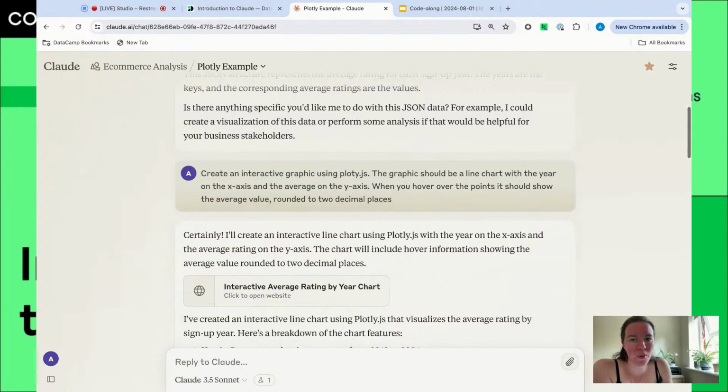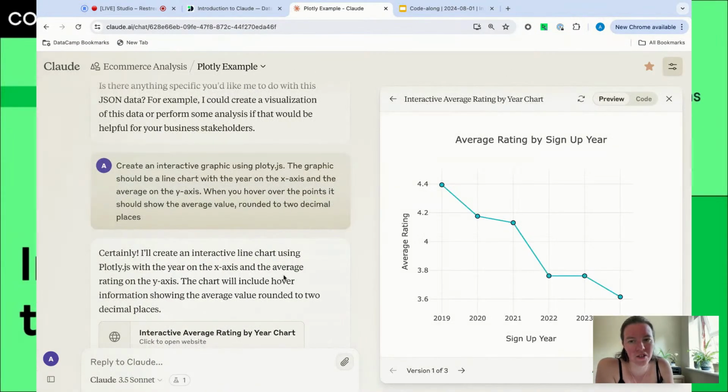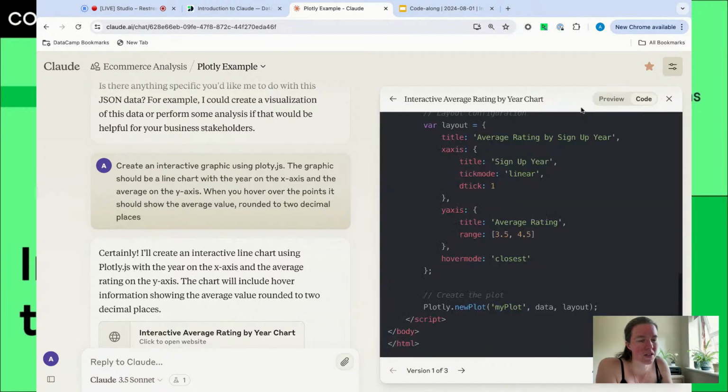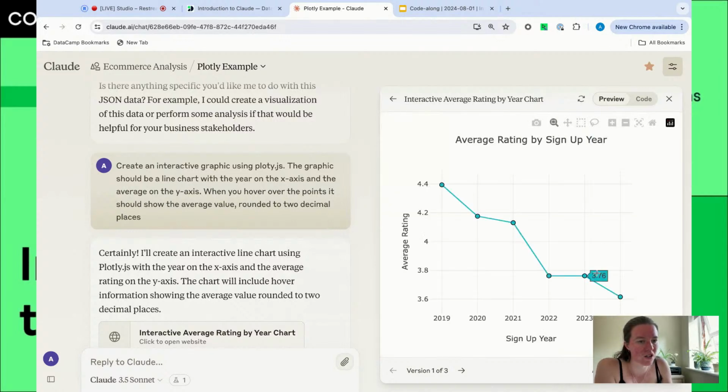So this is an example where I've done the same thing previously and asked it to create that interactive graphic for me. And this is what it created. So an interactive Plotly graphic right here in Claude. As with the previous tools that I created, I can grab the code for this, but I can just preview